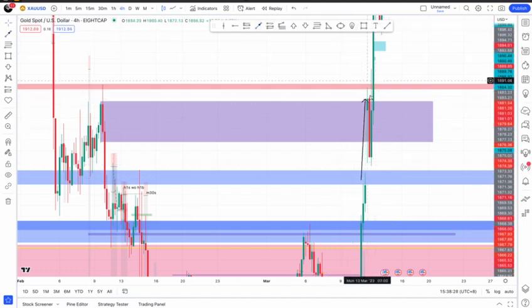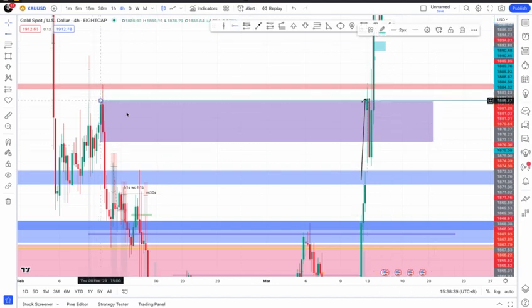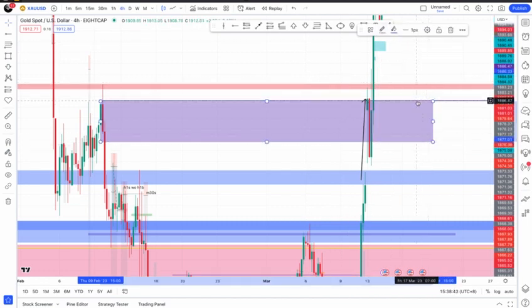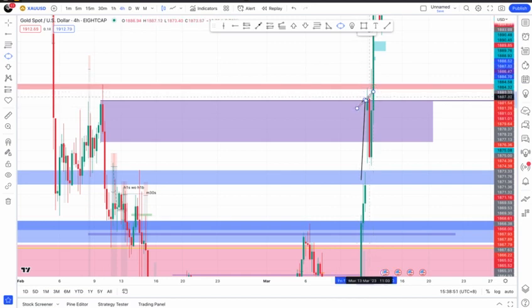So let's just assume that these 4 candles did not happen yet. This broke above this purple line. So if you put a line, it is at the highest of the H4, which is at 1886.47. But as soon as price broke above, as you can see over here, it came back all the way down,